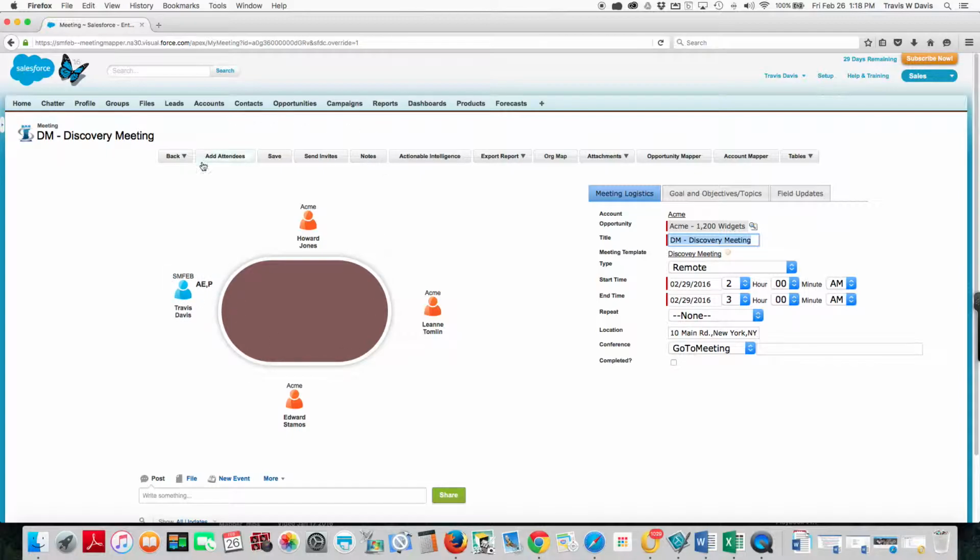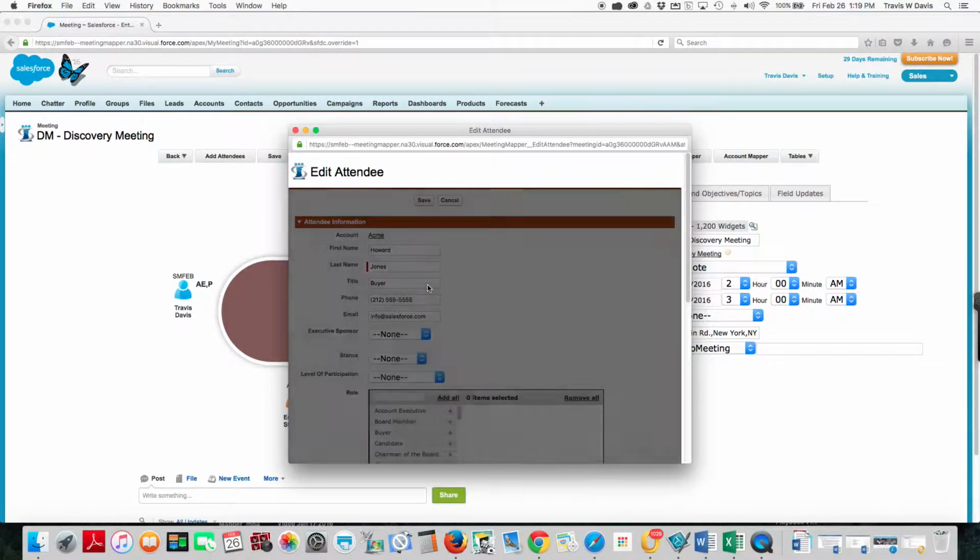As you can see, I have my menu bar up top, and then my meeting participants and logistics, goals, objectives, and my update over here. So the first thing I want to do as I continue to plan for this meeting is, based on some initial conversations that I've had or information that I've received, I'm going to go ahead and put some roles and some stance with these meeting attendees. There's two ways to do that. Either I can right mouse click on the icon and then go very singular to what I want to change, or I can click on the name and it brings me up everything where I can change it the initial